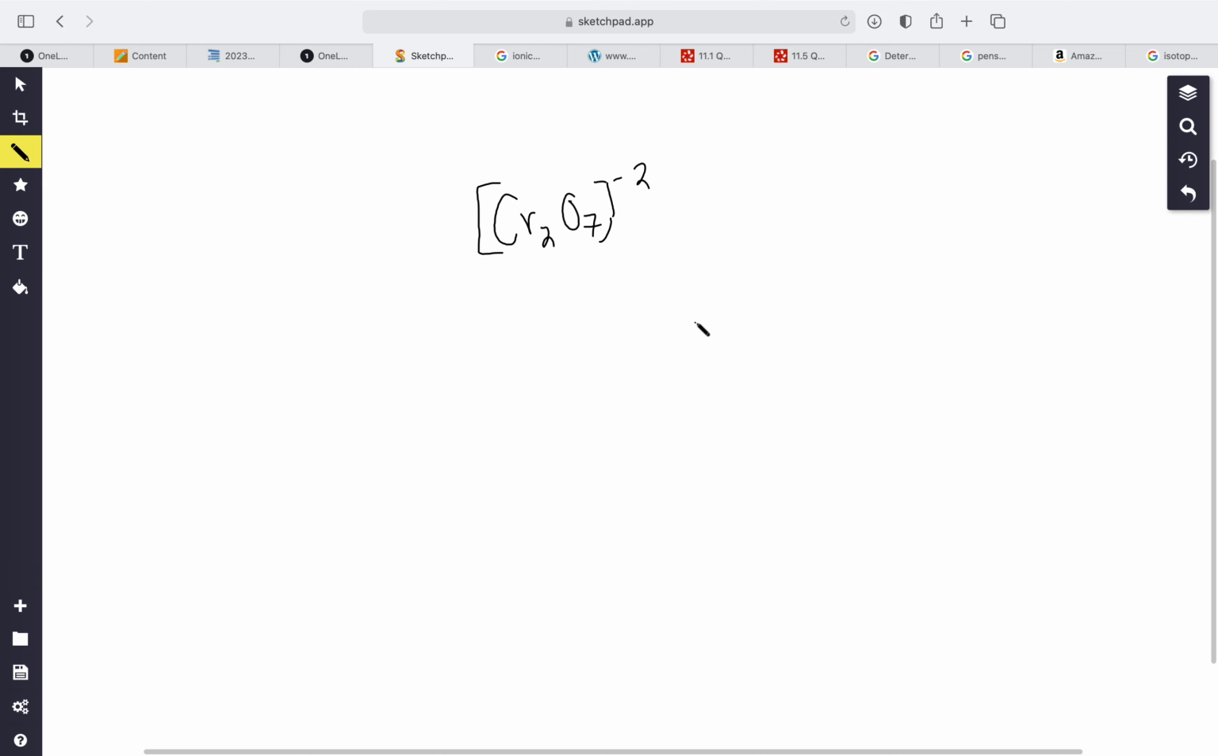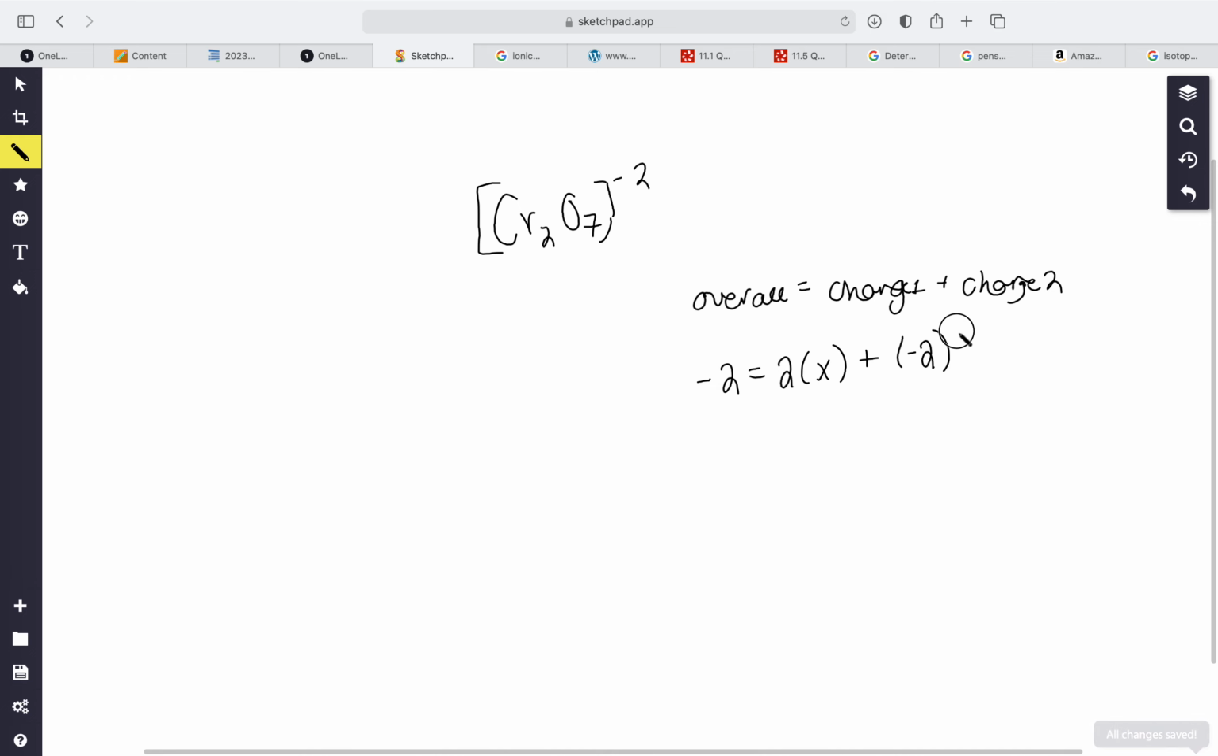So we're going to do the same thing. We want the overall charge to be equal to the combination of the charge of 1 plus the charge of 2. So the overall charge is -2, which is going to be equal to the charge of 1. So there are 2 of 1, so we're going to do 2x plus the charge of this, which will be